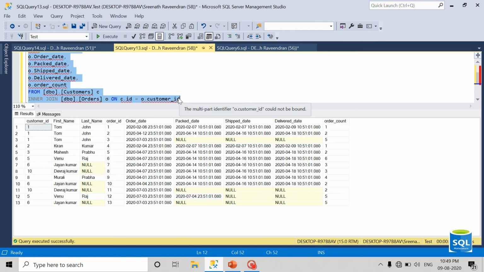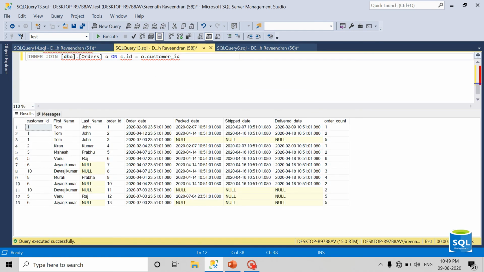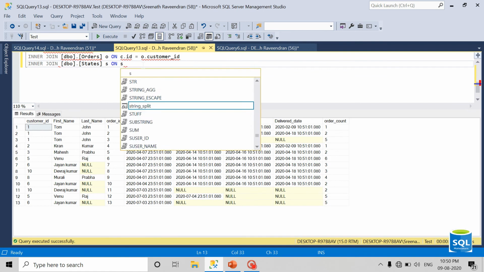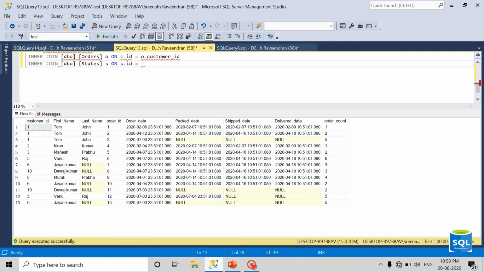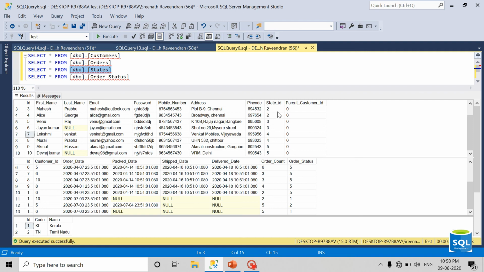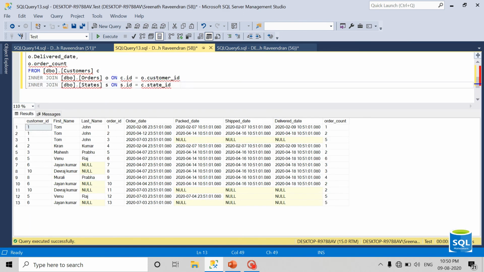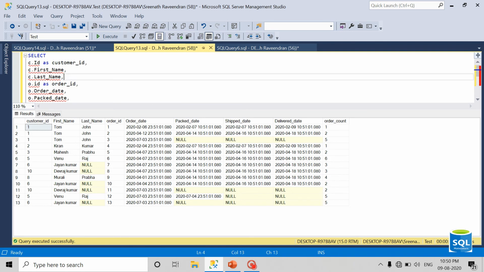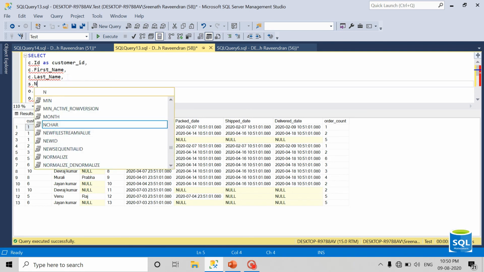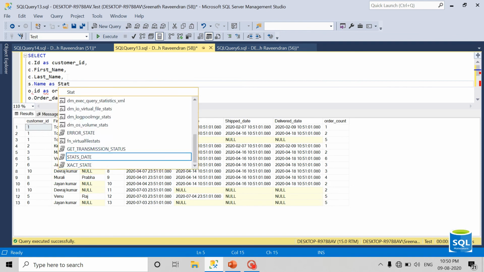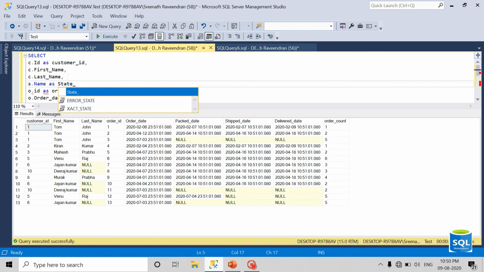Suppose I want to select other column data, I can again use the inner join with state, s dot id equal to the state table id, which is used in the customer state ID column. So c dot state id, and the customer belongs to a state, so s dot name as state name.